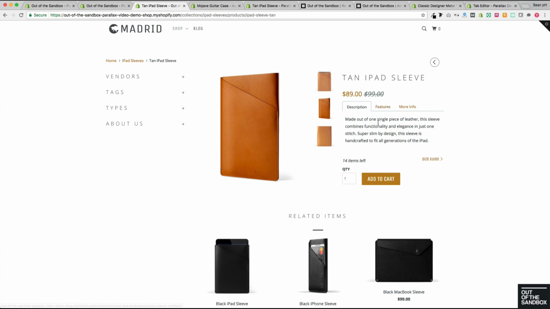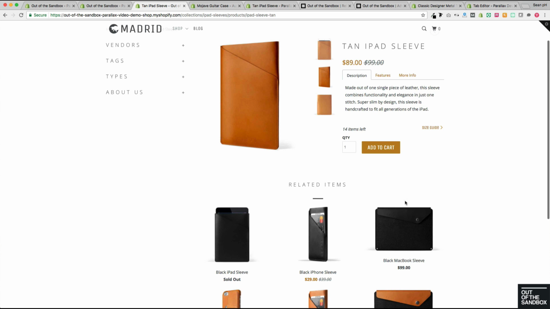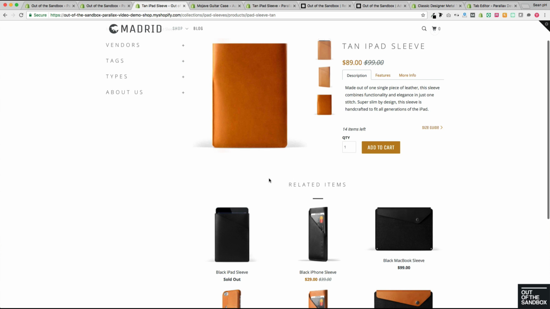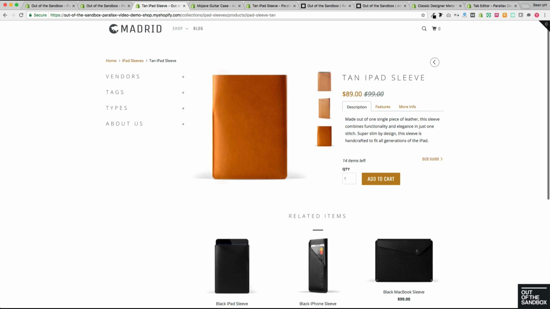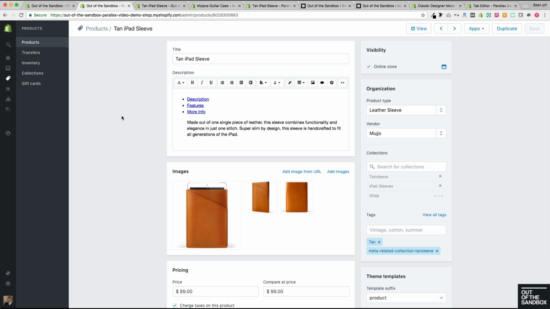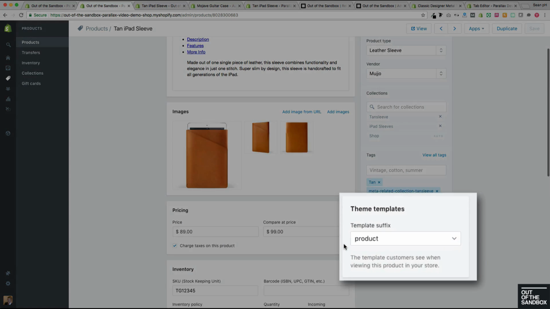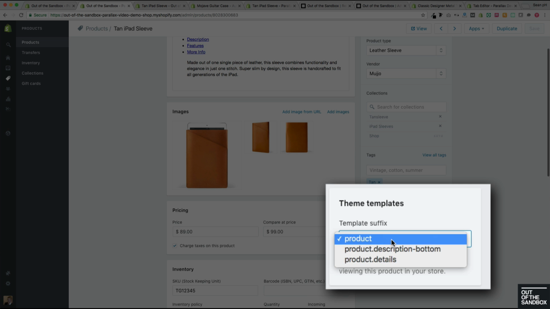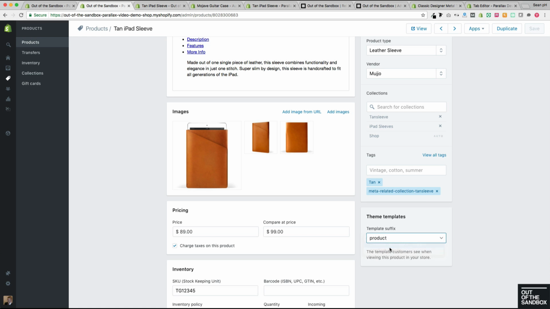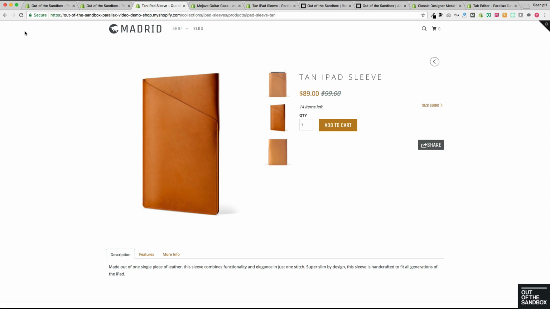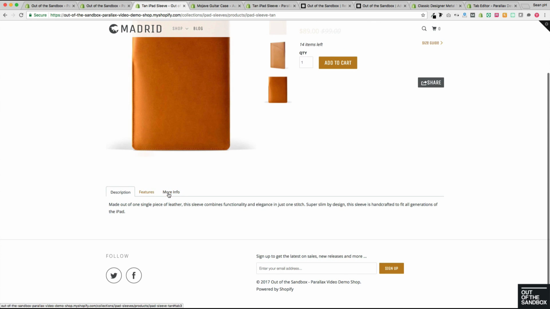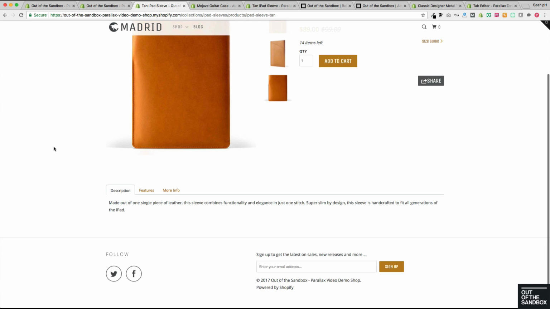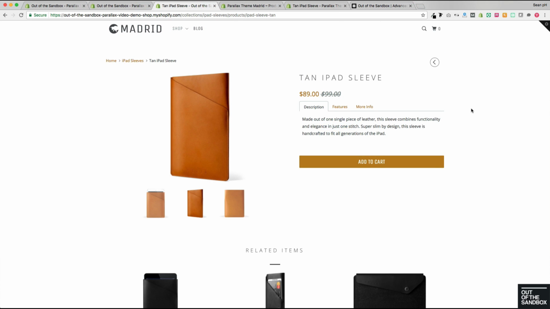If we'd like this whole description section to appear below the product image instead of beside it, then we can go to the product itself here on Shopify and change the template suffix to product.description-bottom. I'm going to show you what that looks like here with a quick refresh. And now the tab description is appearing below the product. So those are some ways that you can improve the layout and the interest in your product page, but let's